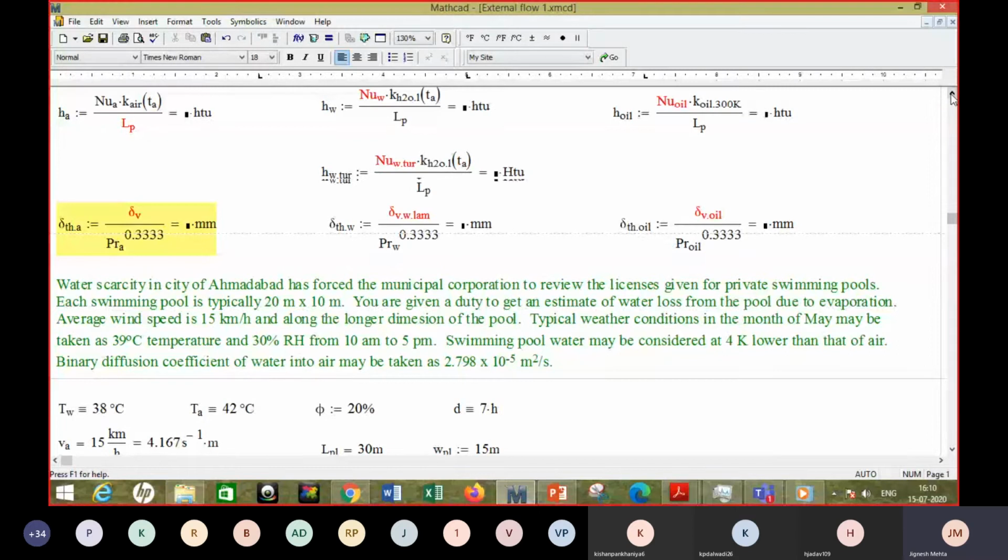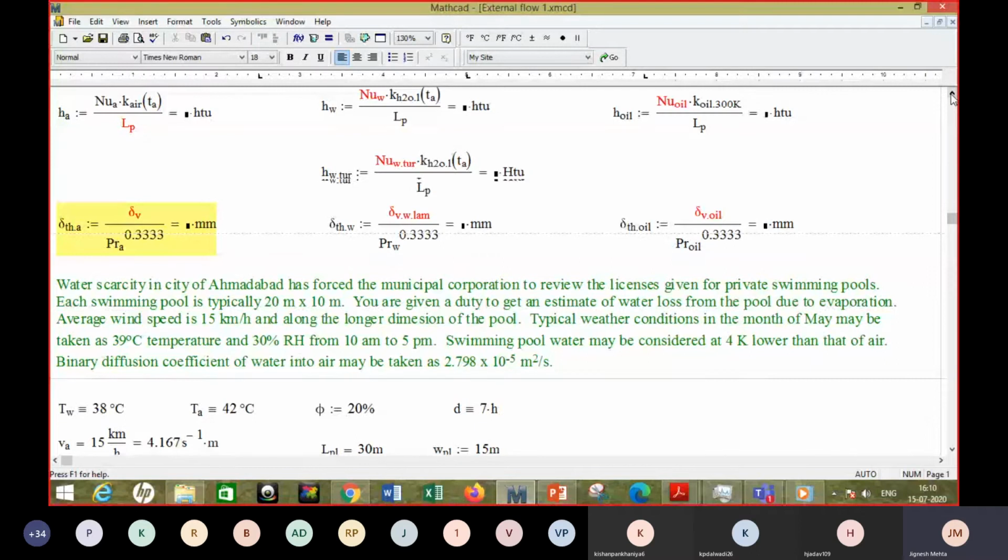From the surface of that liquid water, some water will evaporate even though the temperature is not 100 degrees Celsius. That's because the partial pressure of water vapor in the air is less than the partial pressure that will be there near the surface or at the surface, and that works as a potential for mass transfer. And if there is a flow, it's not pure diffusion, right?